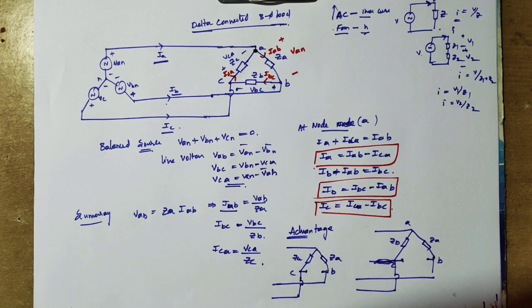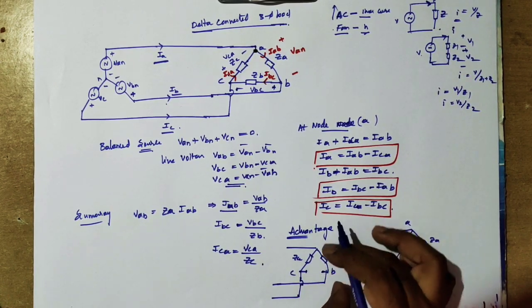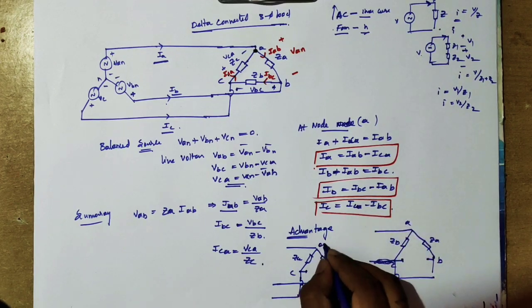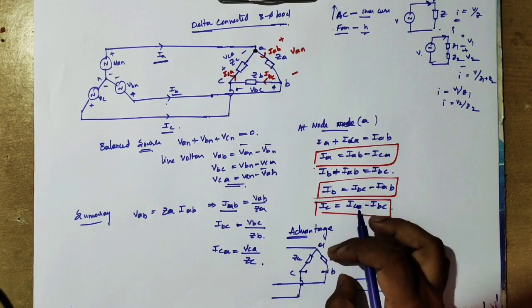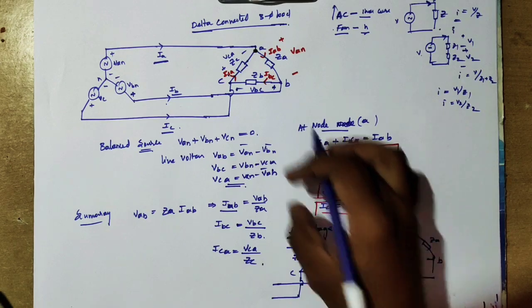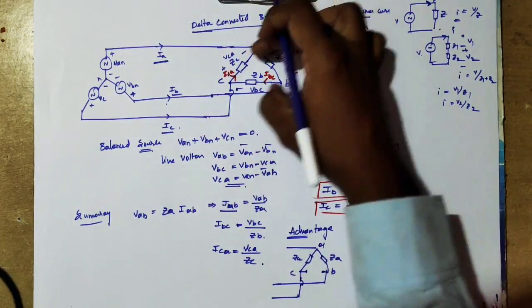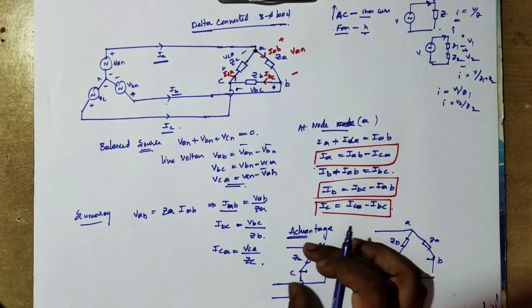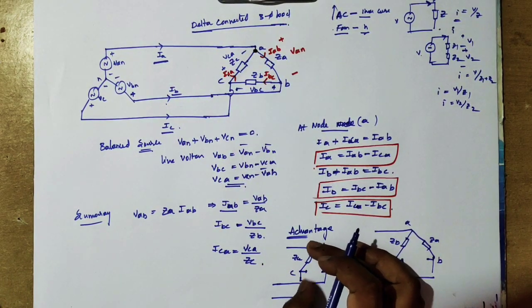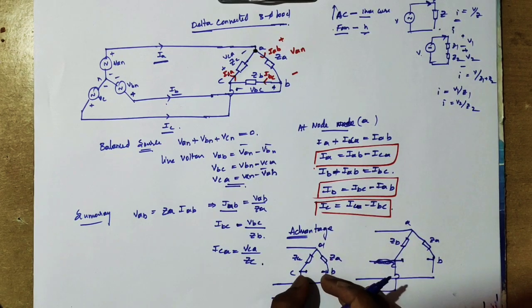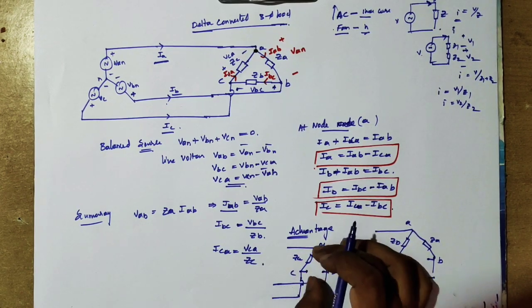Okay, these are three lines. Now if you remove this phase, is there any change of voltage across AB? The voltage across AB does not change. Whatever the line voltage is, it will be given to ZA, and the line voltage of ZC will be given to ZC. So if you remove this, there is no effect on the other phases.